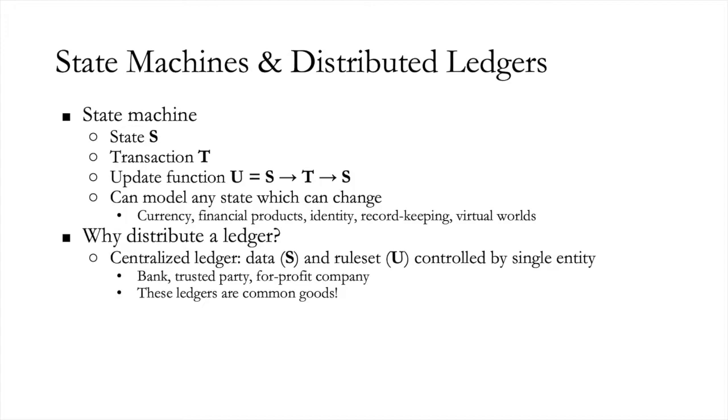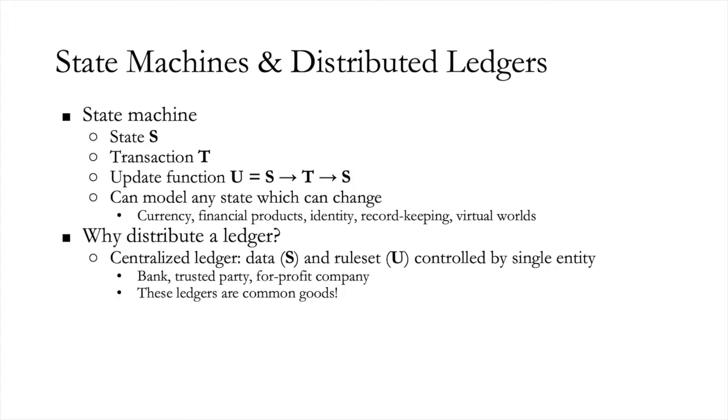Often they claim that U is some particular update set, so your bank will claim that you really send someone money when you press send, or when you call someone on the phone, and then if someone sends you money, you'll get it in your bank balance, but you must trust that bank or that central party to correctly apply the update function each time someone sends a transaction.